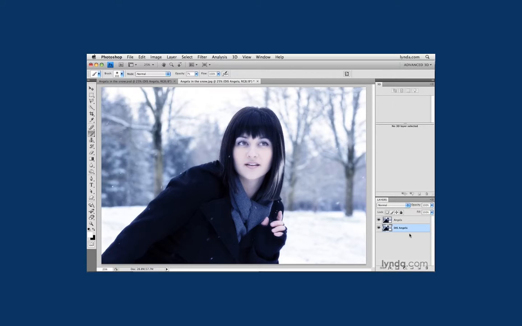And what I'm going to do is paint over this Dis Angela layer. So I'm going to take the opacity of this layer, just click on the word opacity and drag it to the left. Make that layer about 28% or so, 27% is fine. And then I'm going to click this little padlock icon to lock the layer. That way we can't make any changes on it, paint on it accidentally, or what have you. Then I'm going to select this Dis Angela layer. I'm going to hit the letter D as in David on the keyboard. And then I'm going to push Option Delete on the Mac or Alt Backspace on the PC to fill this